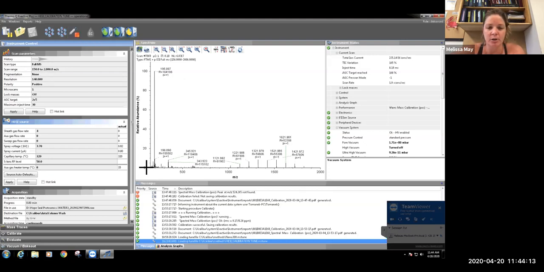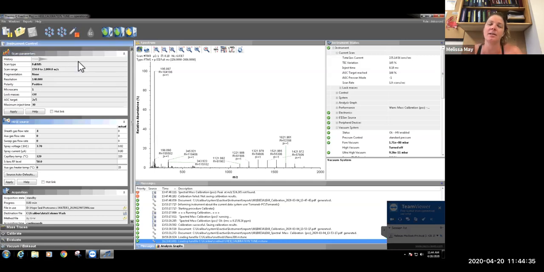The scan range tells you what this x-axis is going to be. So we have it set right now from 150 to 2000 m/z. When we're running our proteomic samples, typically we set it to like 400 to 1600 because that's the range where we have proteins. We're not looking at fragmentation typically when we're just running this, because oftentimes if you're manually controlling this,